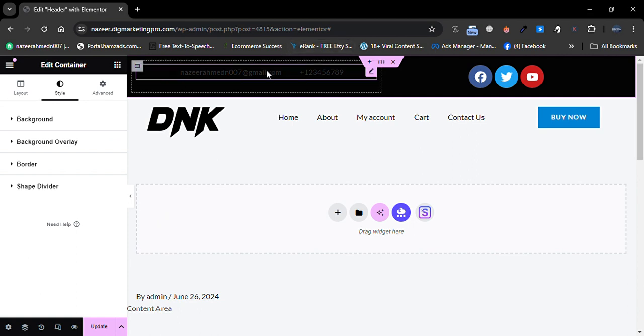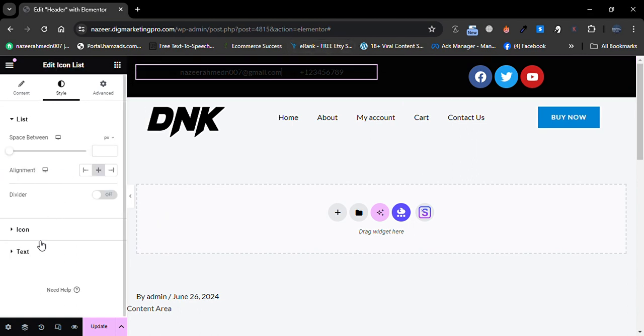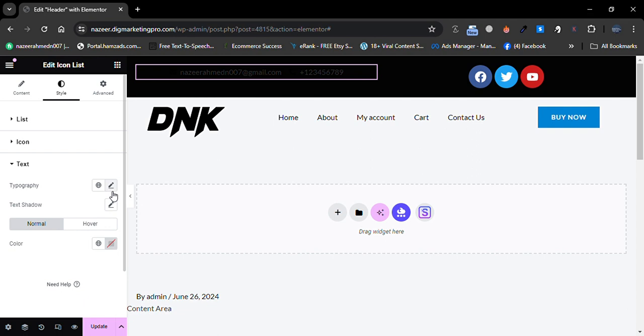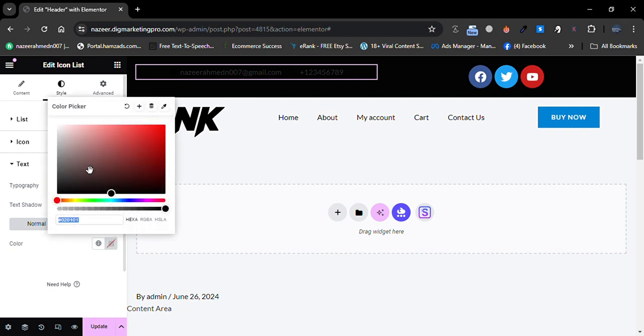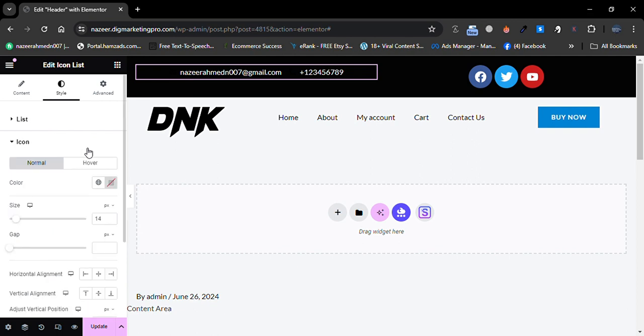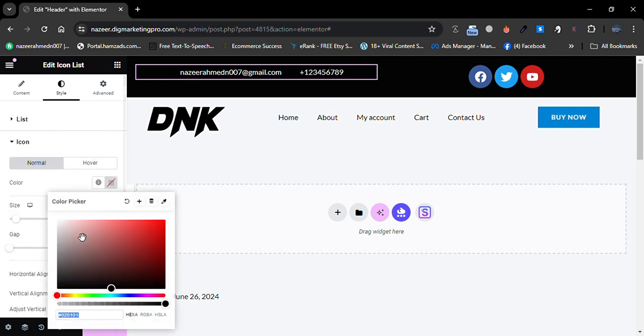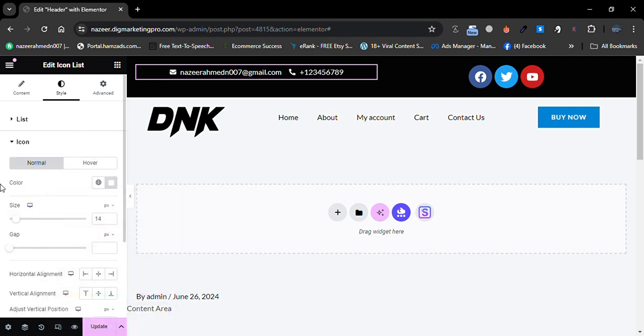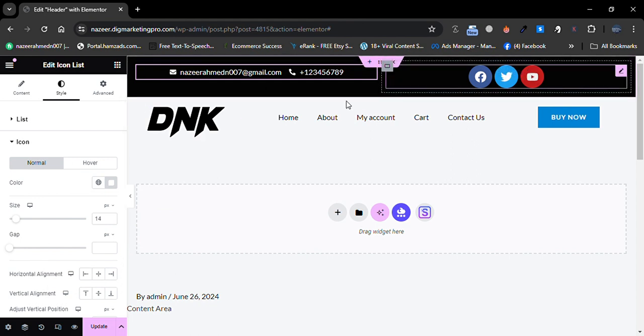Okay, so I want to change the color of icon and text. So I will click on color and I will change the color of these, and I want to change the color of icons as well. So I will make it white as well. So now you can see,